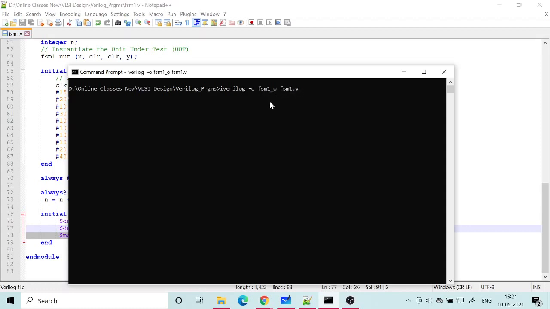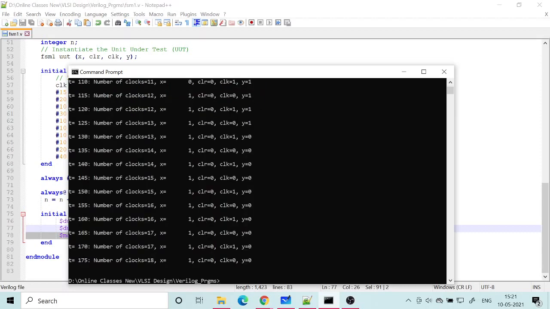So I enter. Initially when I ran, some errors were there which I corrected. When you write for the first time, there may be errors, and you detect the error from the clue that you get here in the CMD prompt. And then what else we need to do? vvp. So this is to run the output. Okay, so we will get all the changes now detected. There are 18 clock cycles as you can see here. Every clock cycle, the number of clocks is 18, so that much we have specified in the simulation.